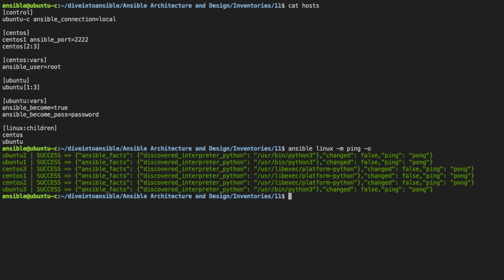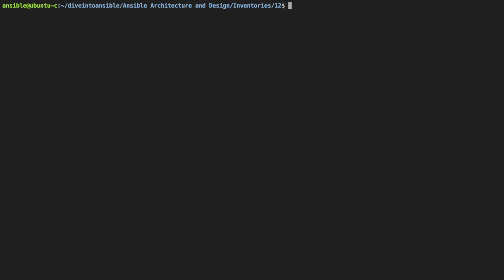Let's go into revision 12. If you recall, we talked about the all group, and technically all hosts are part of the all group, and we can use this knowledge to apply variables to all hosts using the all vars group. If we take a look at our hosts file,